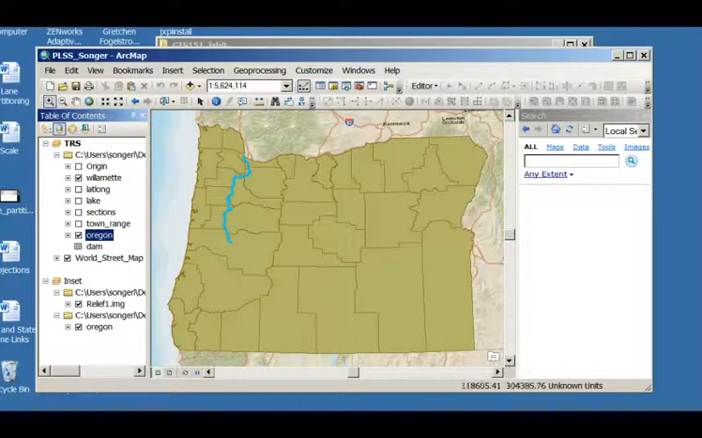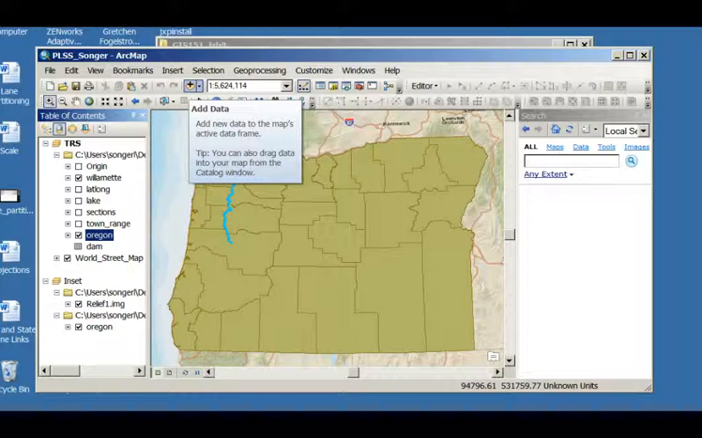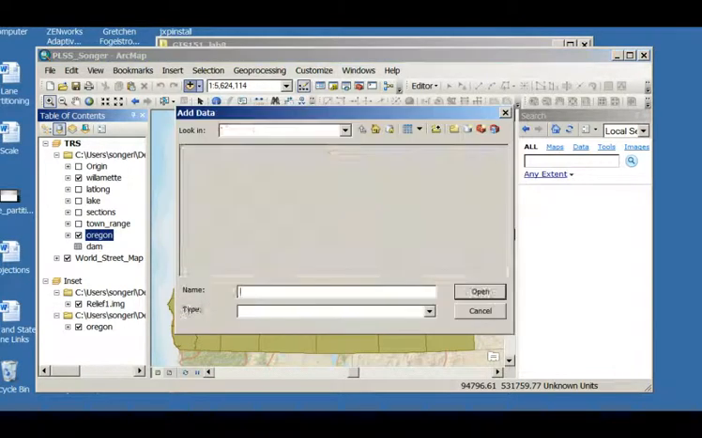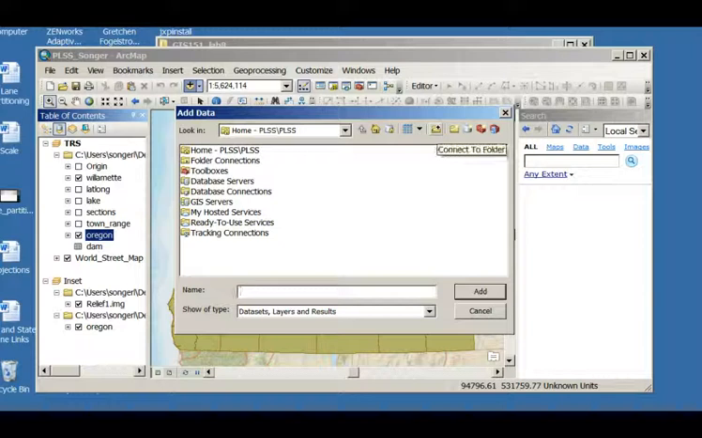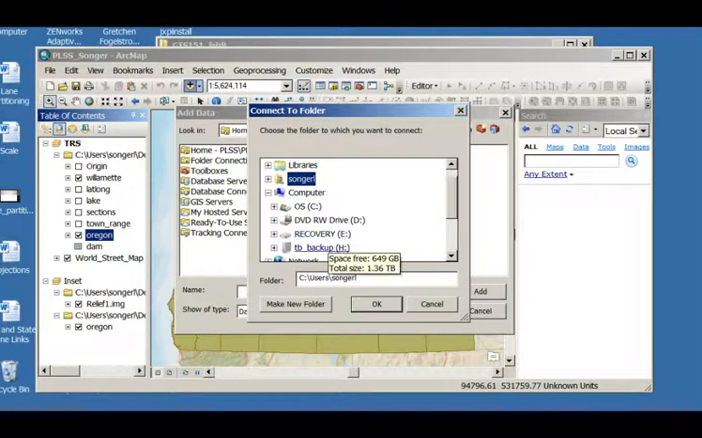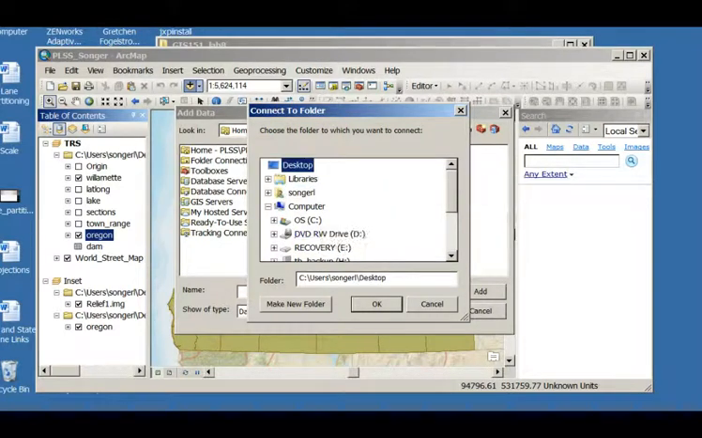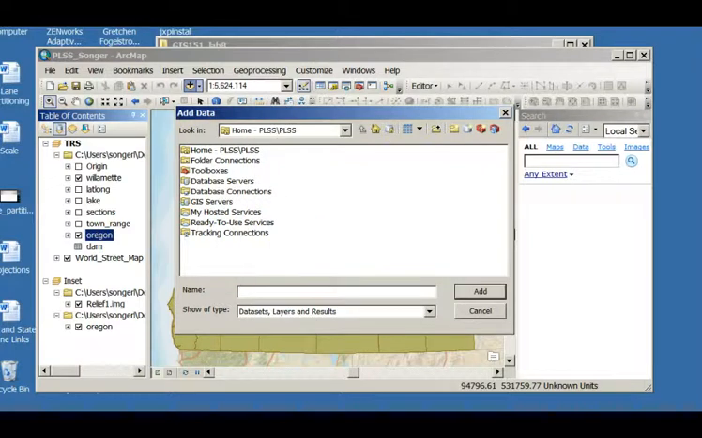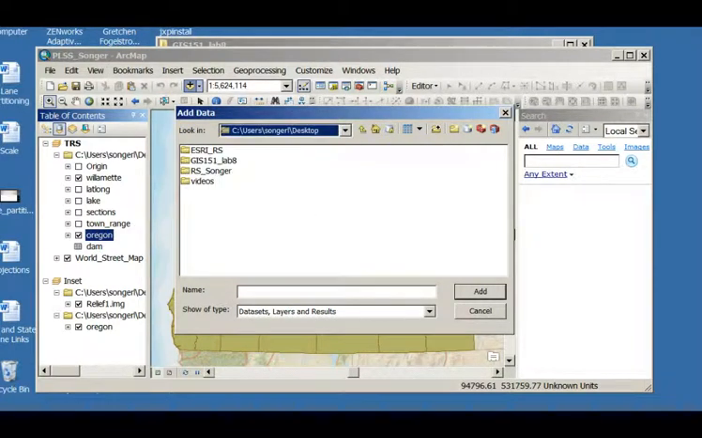One thing you're going to need to do for this lab is to add data, and ArcMap needs to know where the data is, and to do that you have to make data connections. One way to add a data layer is to click the Add button, and I'm going to make a connection to my folder. If I had my flash drive, I would open up my computer and click on the flash drive and make a connection to that. However, mine is on the desktop, so I'm going to make a connection to my desktop, and then I'm going to click on desktop,